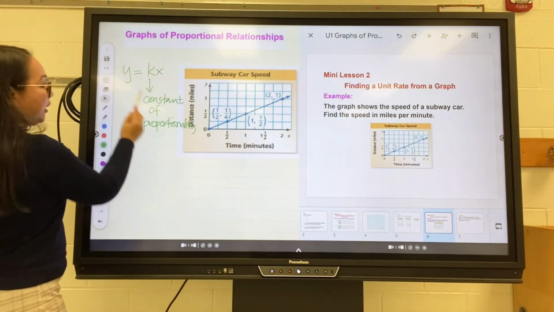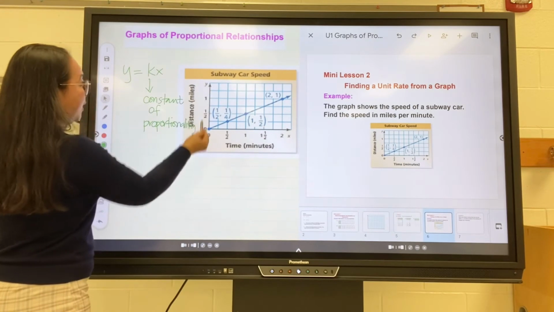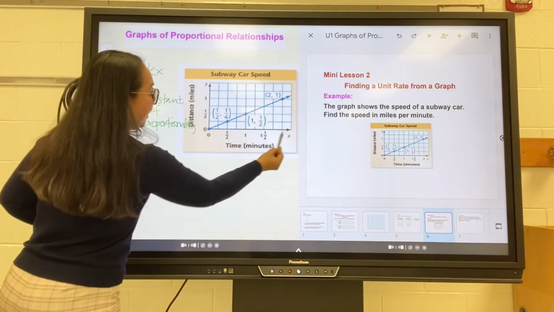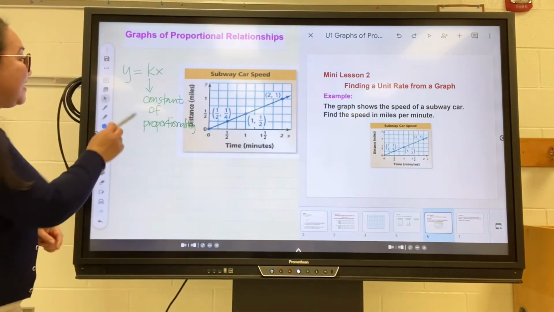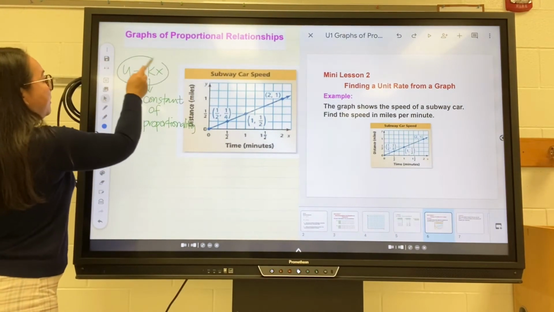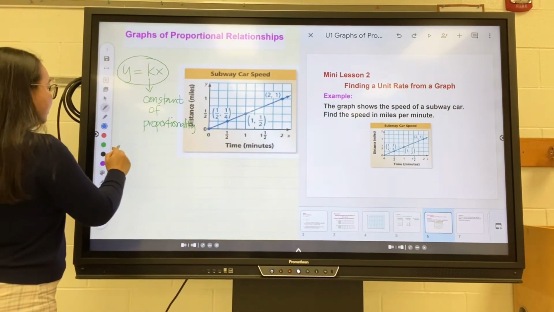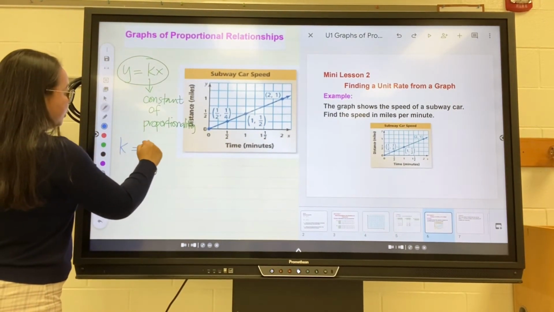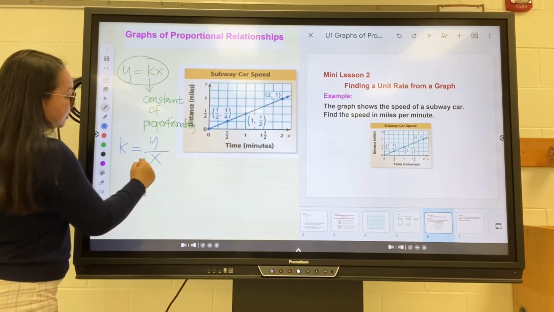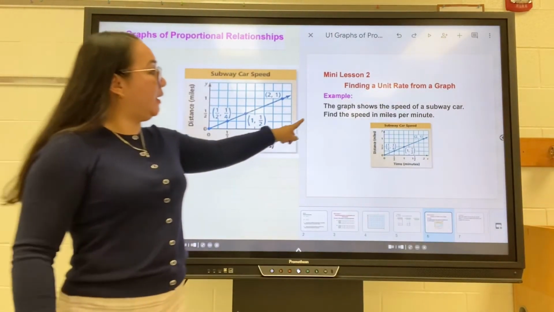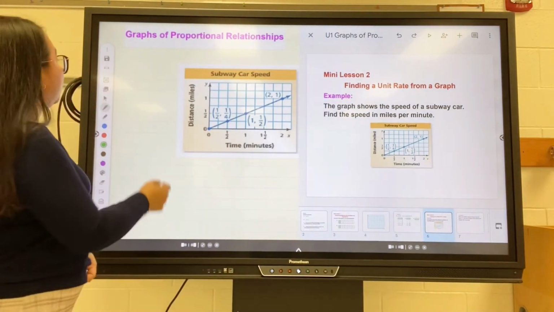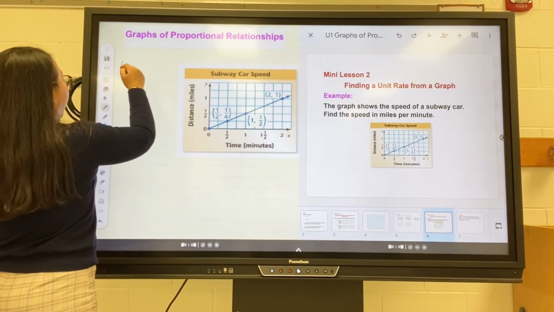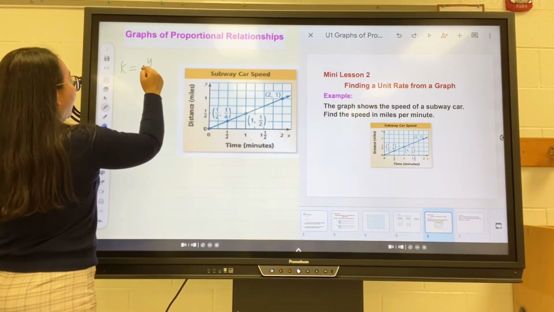And y here is the y-axis, the y values, and x is the x values. This equation can be written also as k is equal to y over x. To find the speed in miles per minute, we have to apply the formula k is equal to y divided